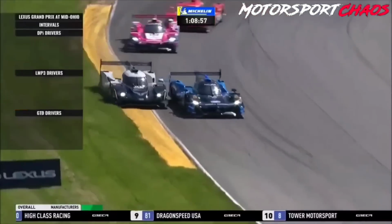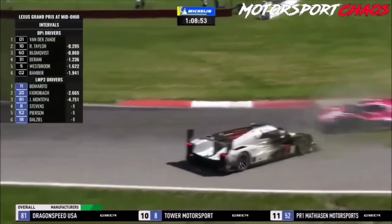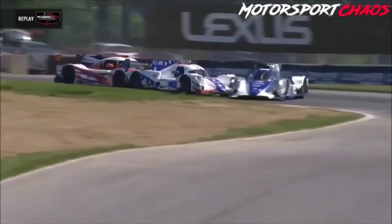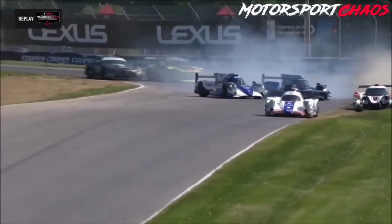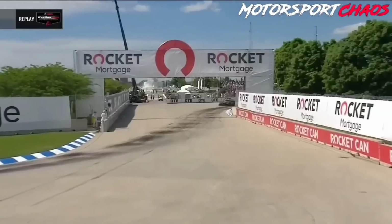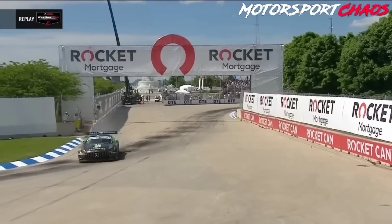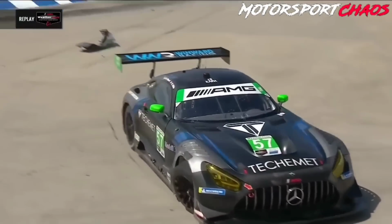Scrapping for the lead. This is like a street fight, and I'm running into the back, and it's going to come right away across the oncoming traffic. Gaggle of cars. Oh, it's Montoya down the inside, has nerfed him and turned him right around. So Montoya will get a penalty for that. Concrete bollards. Not sure. Oh no, he's lost it coming out of turn 10 and swiped the wall under